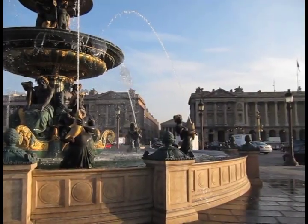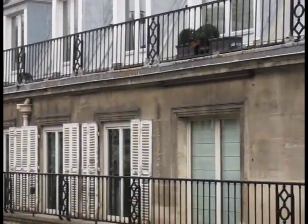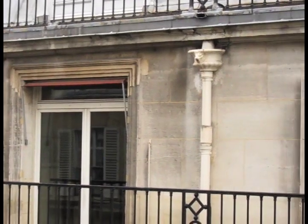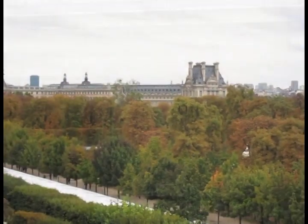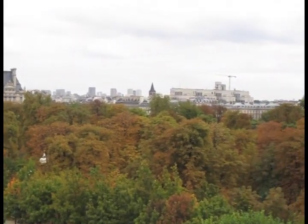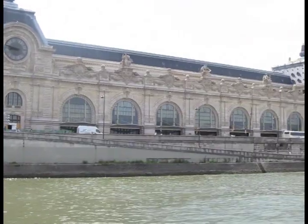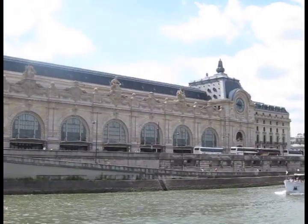But first, let's begin the insider's tour by stopping by to see friends of mine who live in a lovely apartment near the Place de la Concorde, where my friend will point out some beautiful sights from his living room window. Okay, we begin with the Louvre Museum, right there, and this huge building, which is the Palais d'Orsay, an